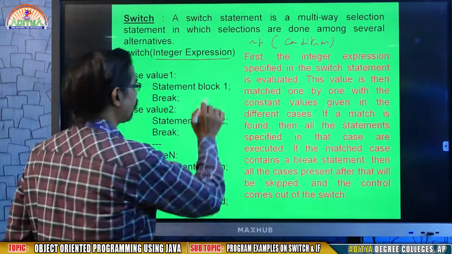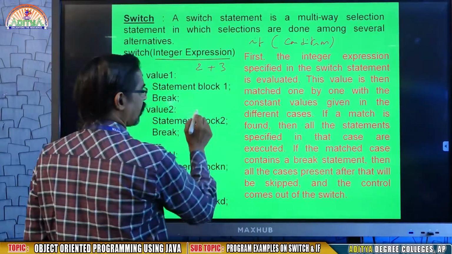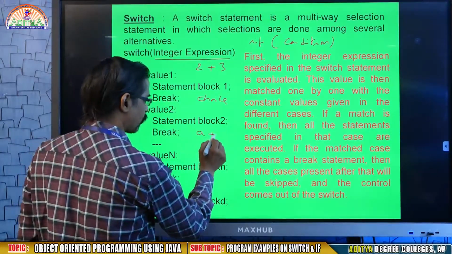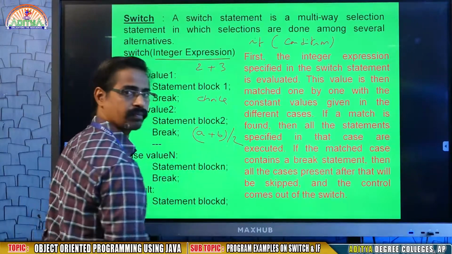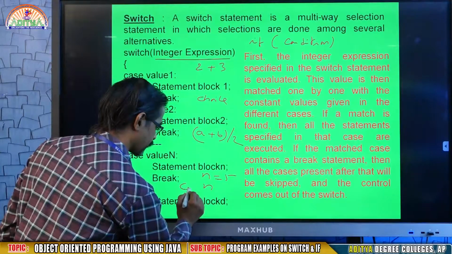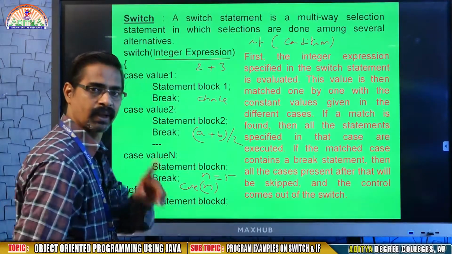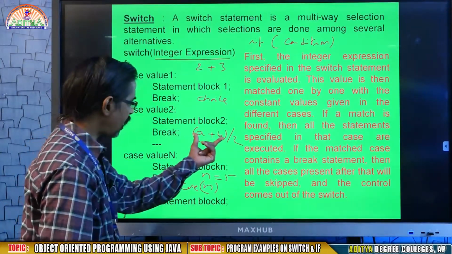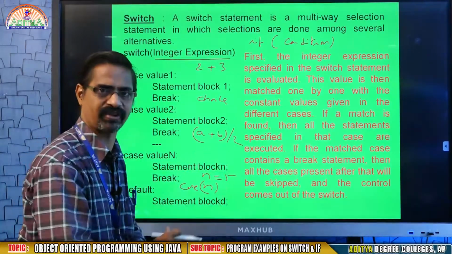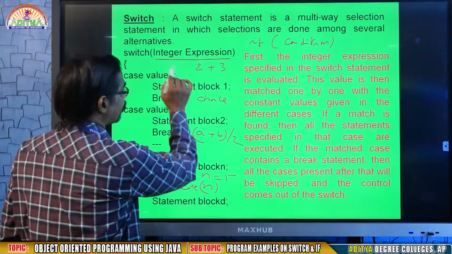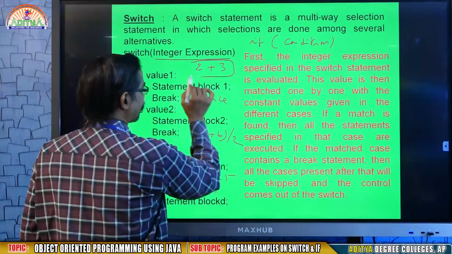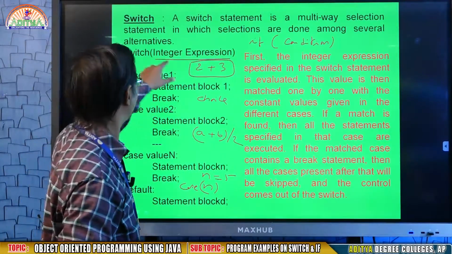The expression is nothing but 2 plus 3, or choice, or A plus B by 2, for example n equal to 5, that is case n. The expression is nothing but a variable or an arithmetic expression, or you may write any mathematical expression. That means the expression you gave is calculated by your switch.